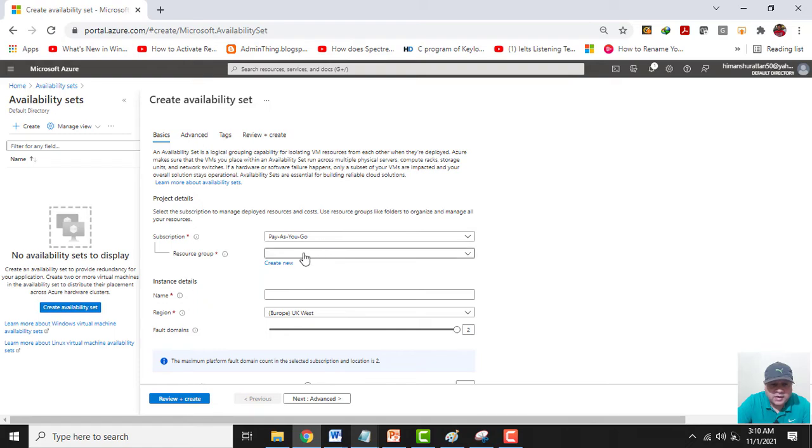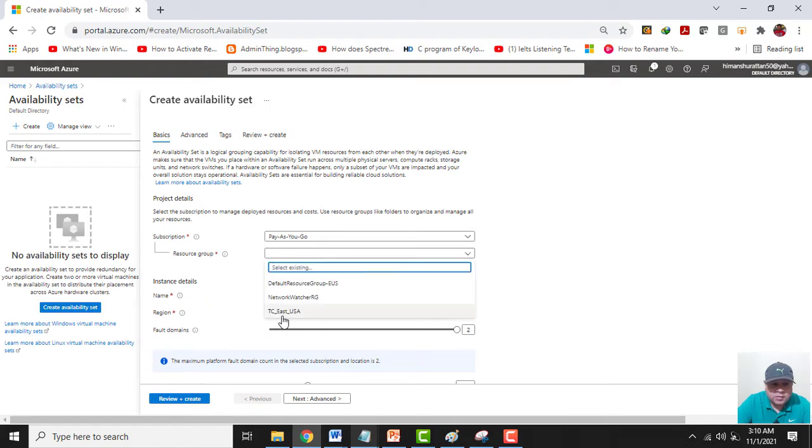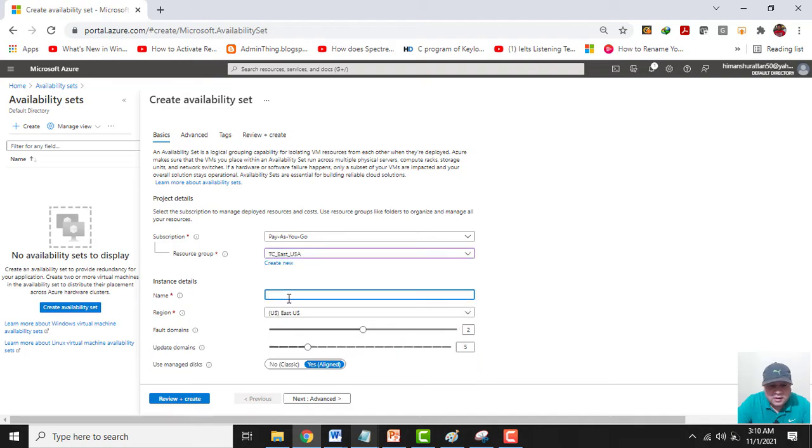Subscription I will use pay as you go. Resource group is TC_East_USA. The name will be this one. And see, by default for fault domains I have 2 and the update domains I have 5. Now I can have up to 3 fault domains and I can have up to maximum 20 update domains.